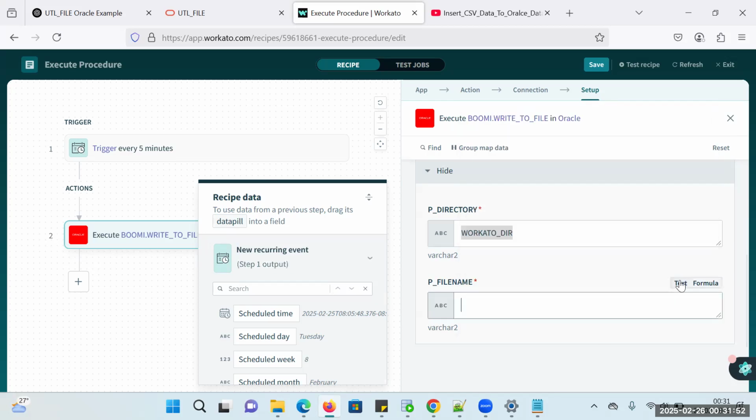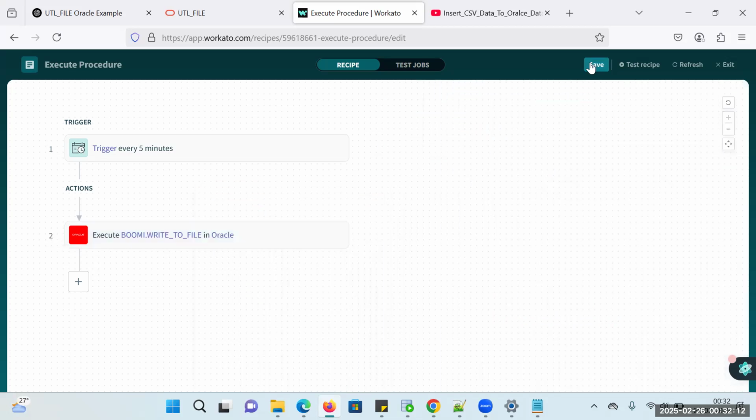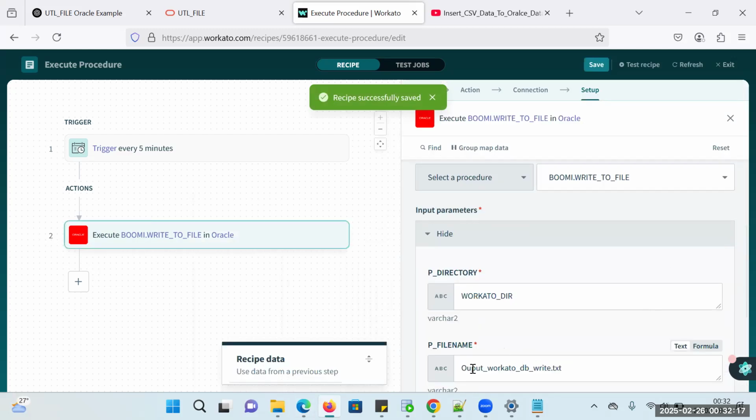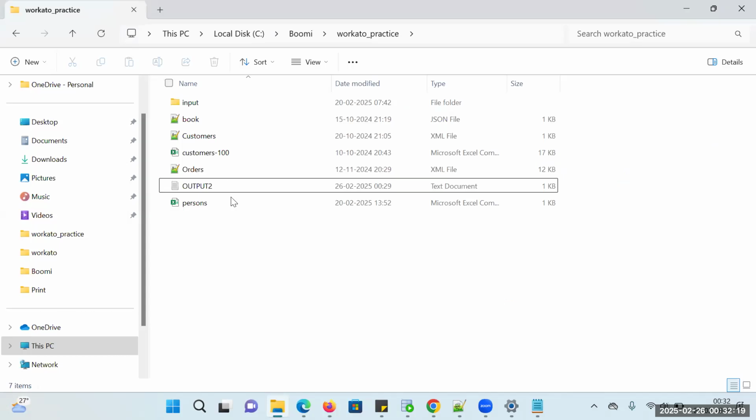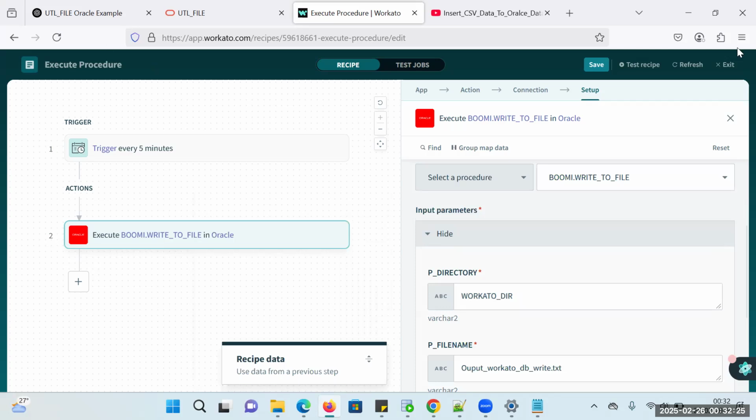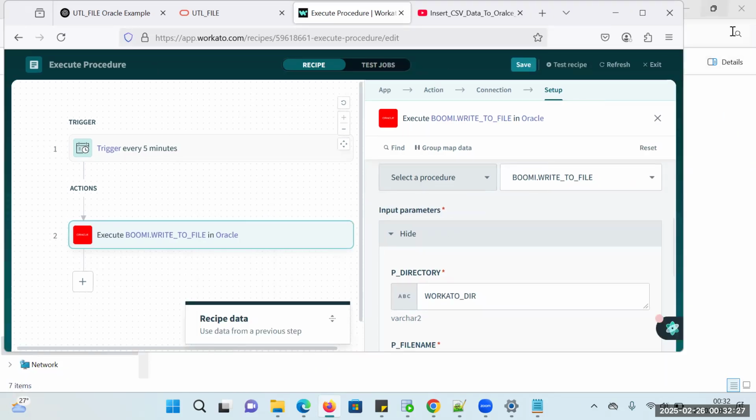I'm going to use a hard coded one. I'm just giving this as the file name, and then clicking save. But you can see at this moment with this file name, Output underscore Workato underscore DB, the file is not there. The moment you run, the file will be created over here. So if I just go ahead and say here,